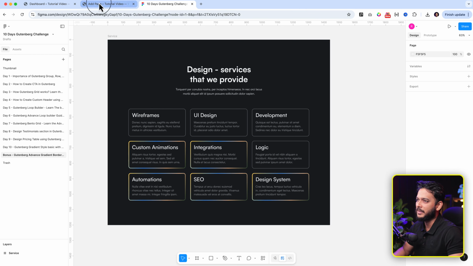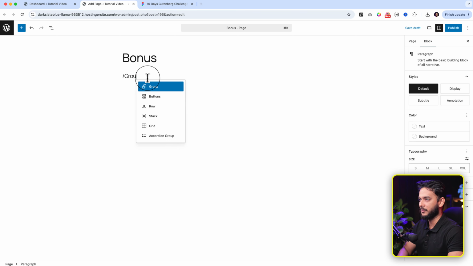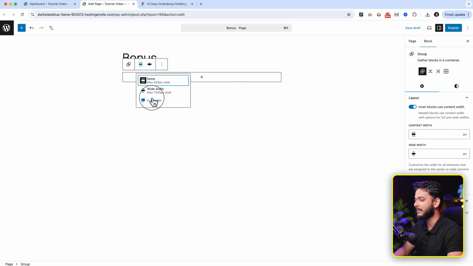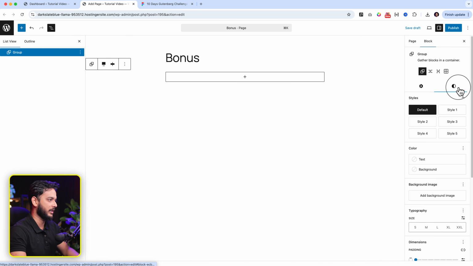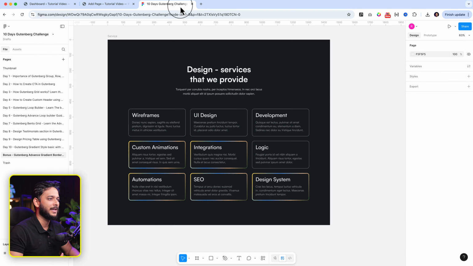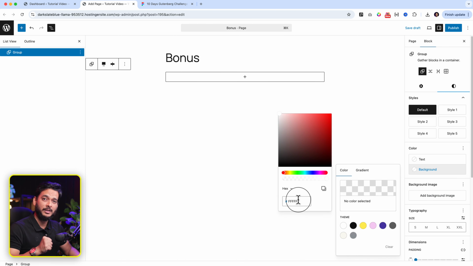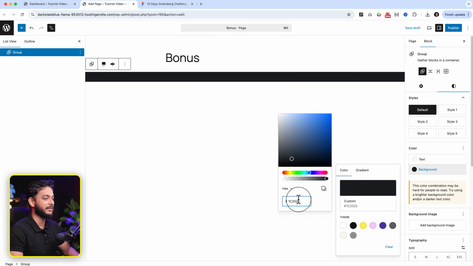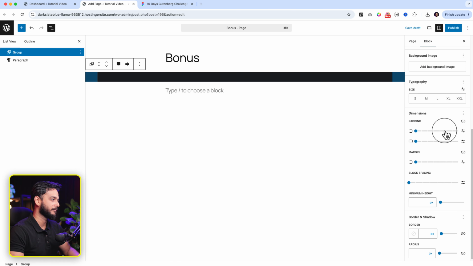Now let's go back to the page editor and start working on this page. Bonus. And let's take a group here. I'm going to go a little bit faster here. I'm going to navigate here and there a little bit faster, so you have to understand, because it's day 10 now and you should understand what I'm doing here right now. So I'm not going to explain each and every single part one by one here, and I believe you now have some solid idea regarding default Gutenberg. So let's speed up the process